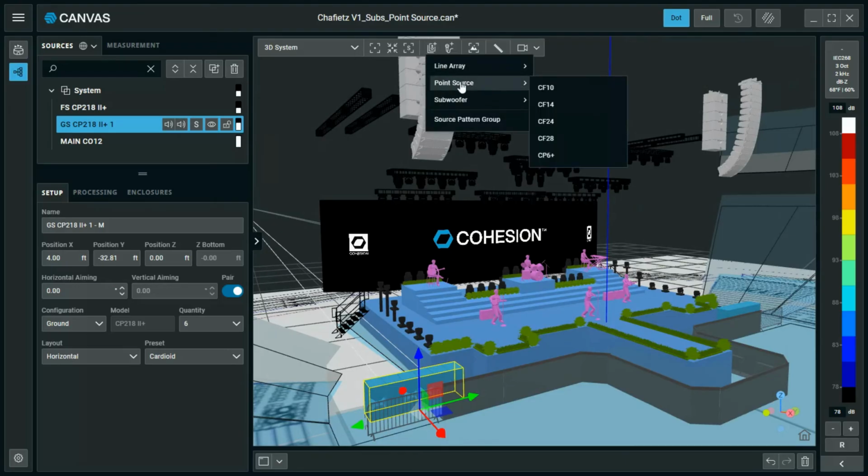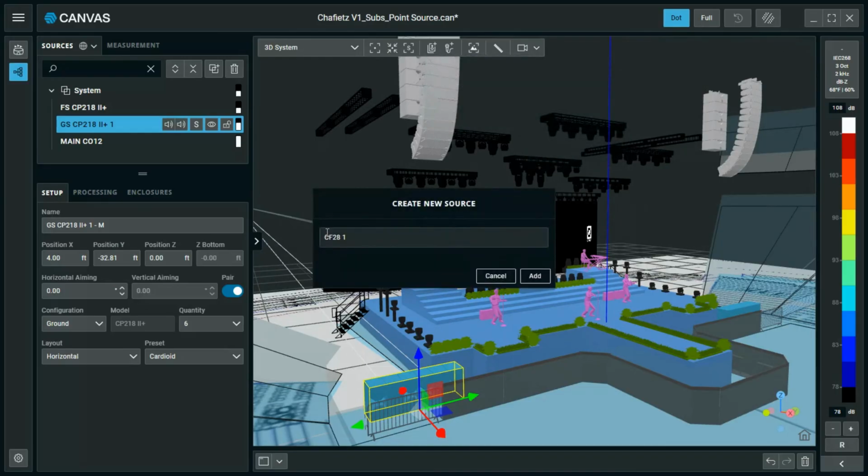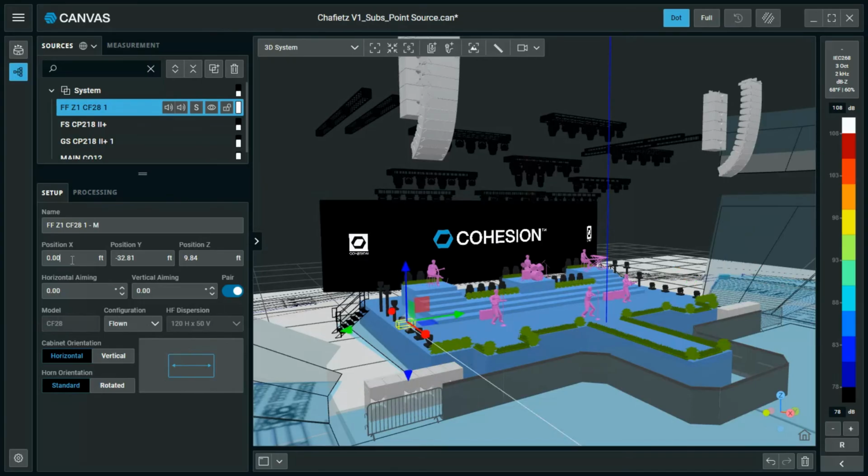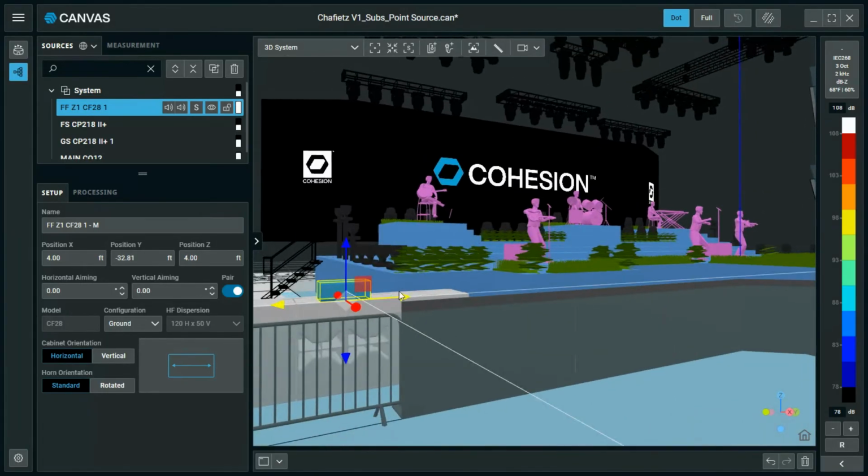We can select from any of the available CF Series and CP6+ products for fill applications. Today we'll be adding CF28s to the design. Like other sources, the point sources are added in a symmetrical pair that is mirrored across the x-axis and positioned at x = 0. Using the Move tool, we can select either of the 2 loudspeakers and move them into